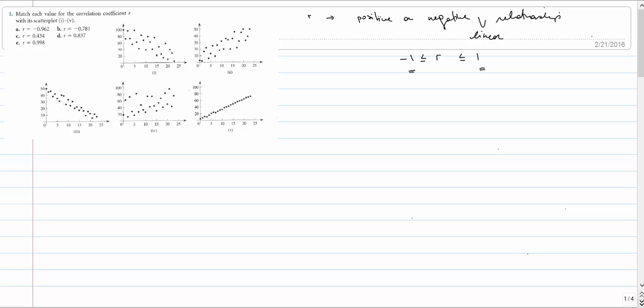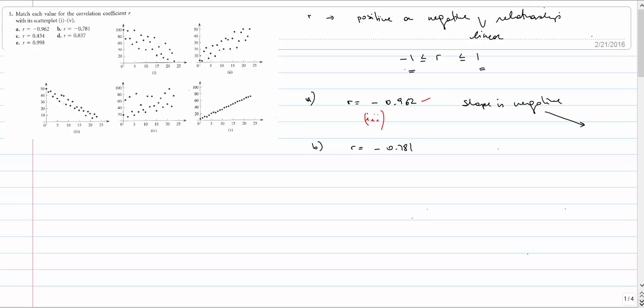not any linear relationship. So if I look at A, my R is negative. R is negative means my slope is negative. If my slope is negative, I have a decreasing line. That means my answer is either I or 3I. I have two negative R values. So I would say A is 3I